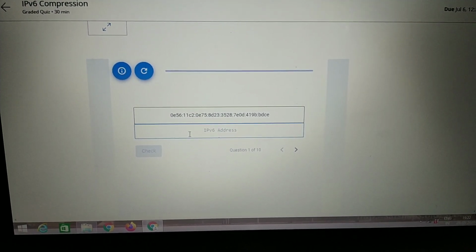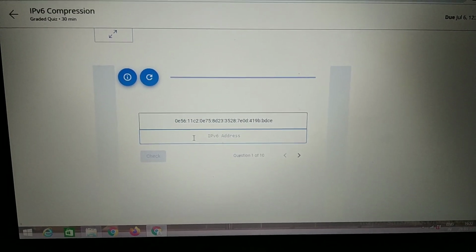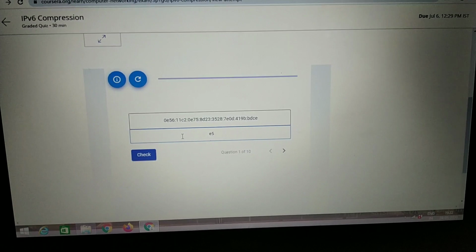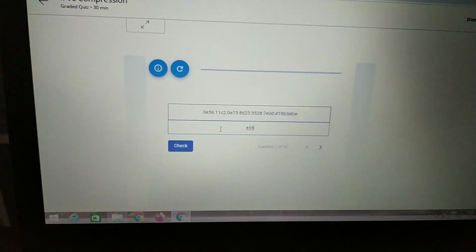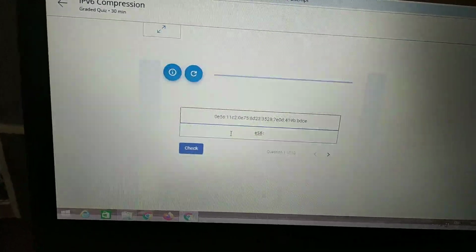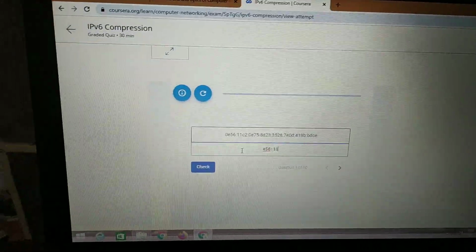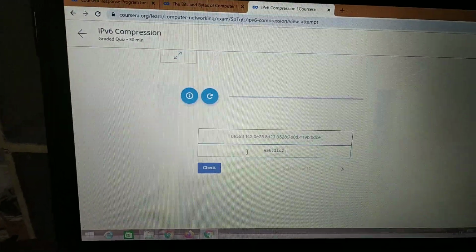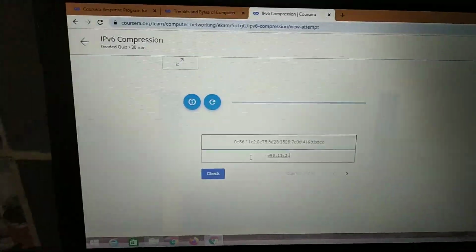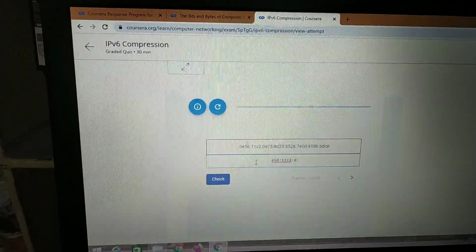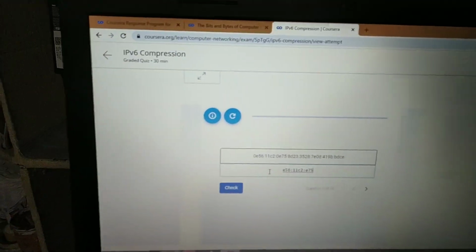Eliminate 0 and enter the complete address. Here we go to E56 colon, 11C2 colon, next eliminate 0, next we come to E75 colon,